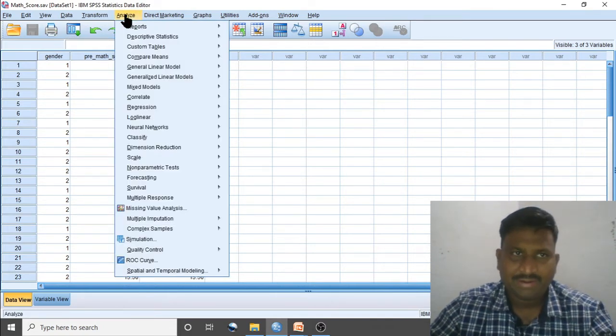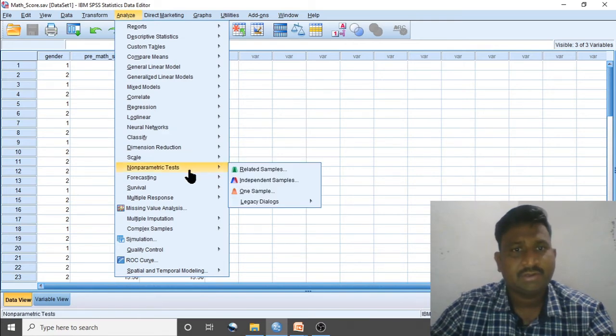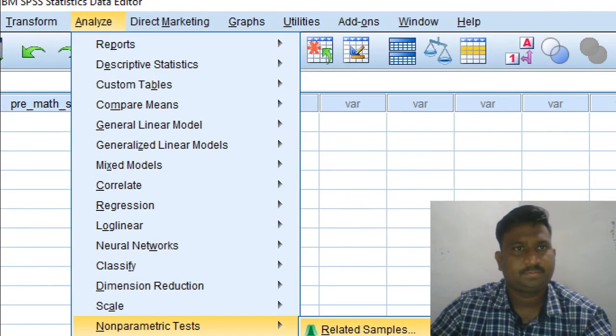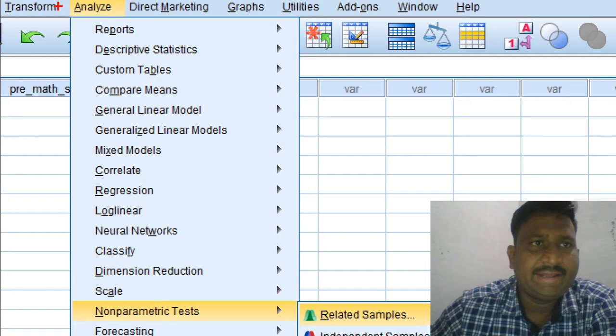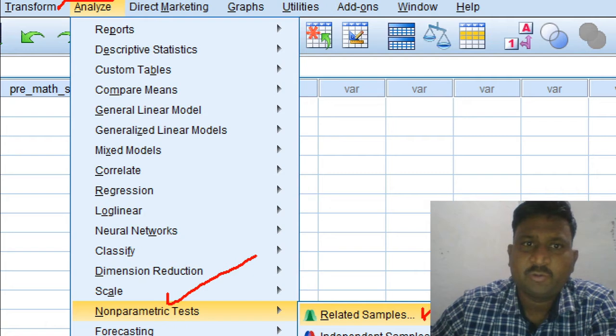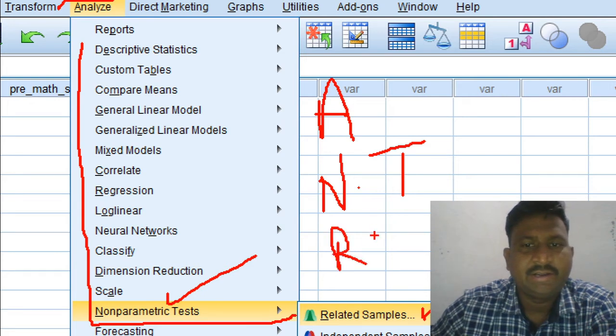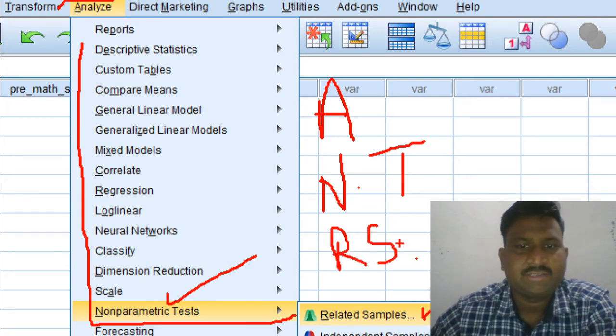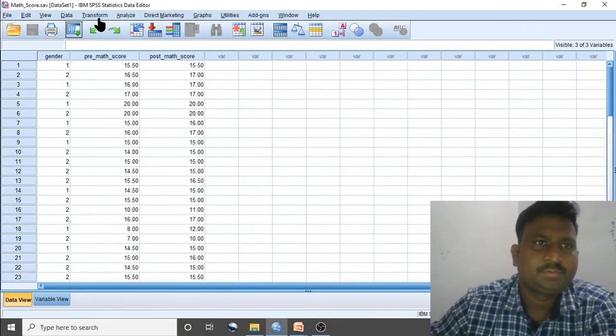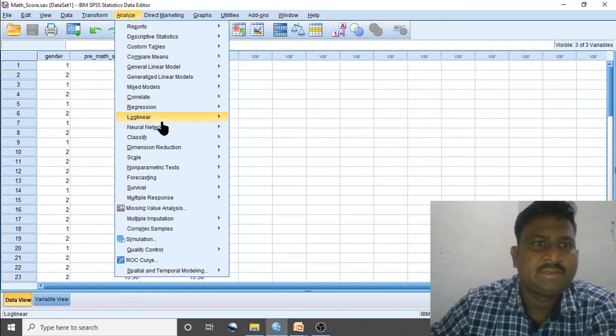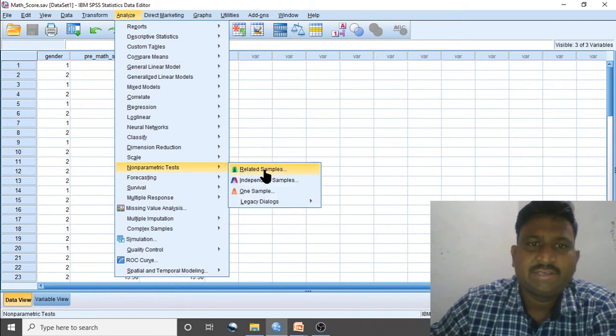As it is a non-parametric test, go to Non-parametric, then Related Samples. So the flow will be like this: Analyze, Non-parametric Tests, and then Related Samples.